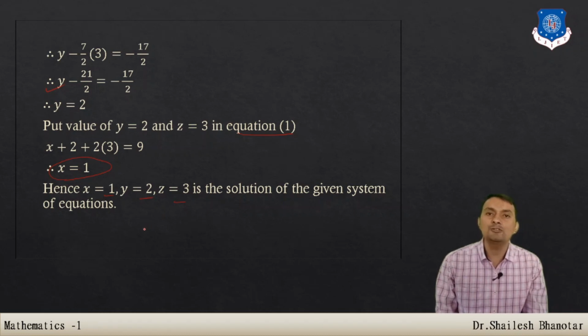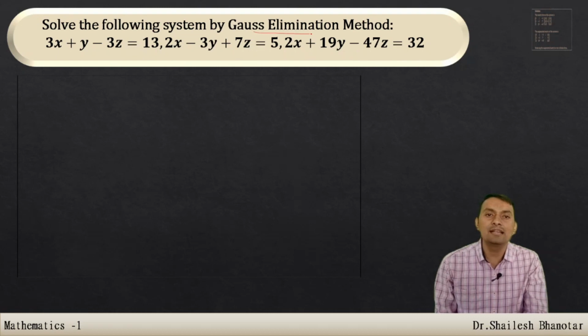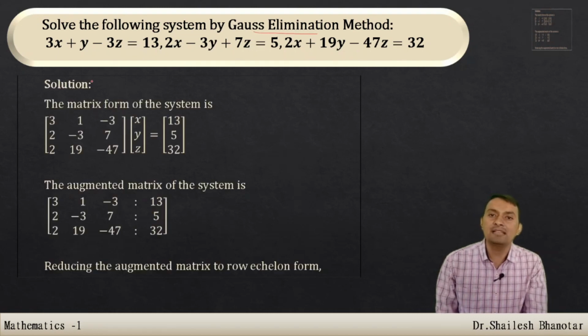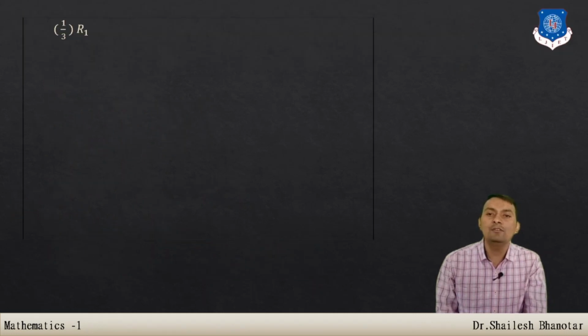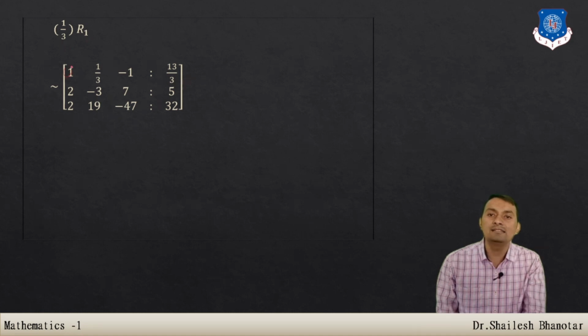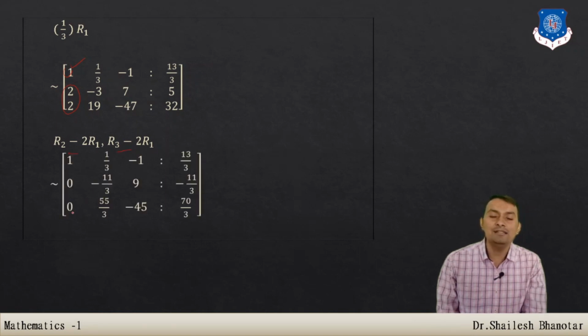The same question can also be solved by the Gauss-Jordan method, and we will see that later. But before that, let us understand another question by the Gauss elimination method. This matrix form can be written from this, and then you can write your augmented matrix form. Now we apply the Gauss elimination method, and for that I have to convert this to row echelon form. First I want the leading entry 1, and for that I multiply the first row by 1 by 3, and I get 1, and below that I want to make 0, so I use these two operations, and I get 0 and 0.